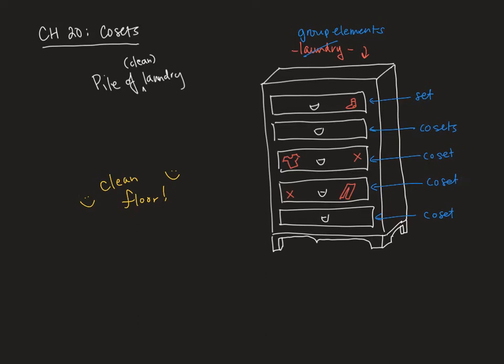So we pick a set. It's usually going to be a subgroup. And then we do something like divide by that subgroup, whatever that means, and that makes a bunch of remainder classes like we had in the integers mod whatever. And all of those classes become these things that we call cosets. And when we're done with that, instead of a clean floor, we have, I guess, in this analogy, a clean mind, because we know how the elements of our group are organized in some way that makes it easier to work with. So cosets help us organize our groups